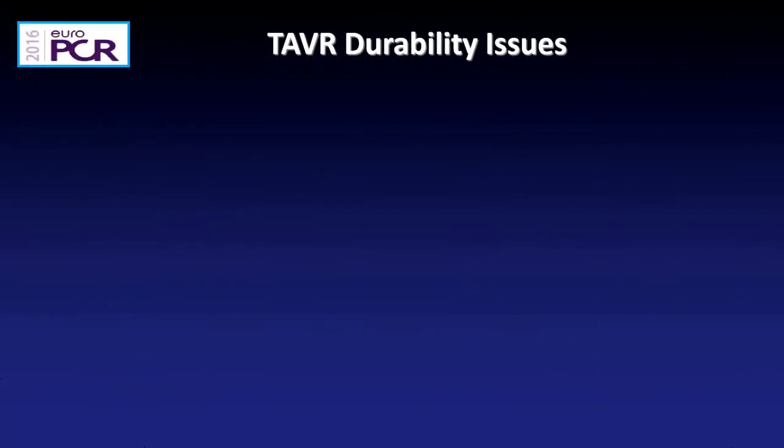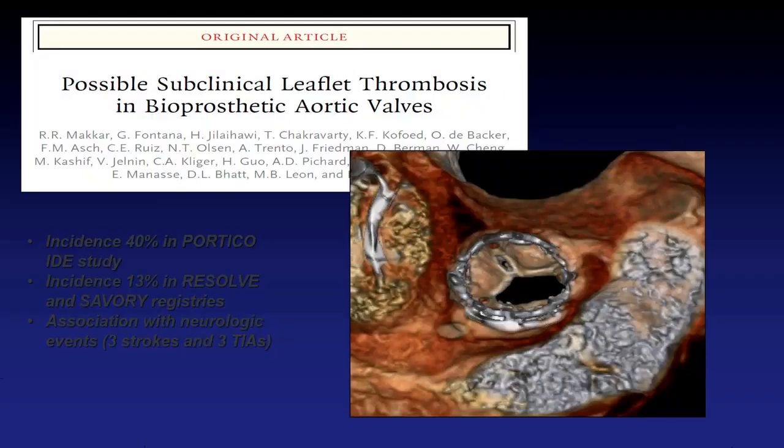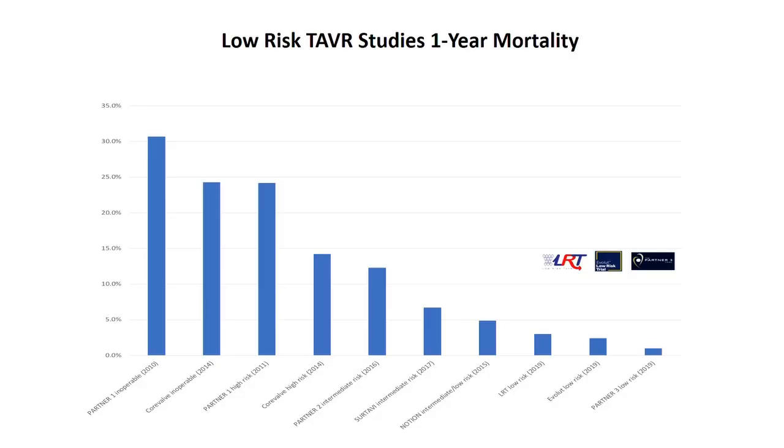So we are looking at this, and we are seeing there are some durability issues that we have to be worried about. We still need to learn it, and how are we going to assess it? Only with imaging right now. So we have developed a whole new criteria for echo and CT determination. These are the things that we have to be cautious about, and they're going to be, again, visualized by imaging. Whether it's a PANOS or HALT or any of these that you'll hear about for the remainder of this session.